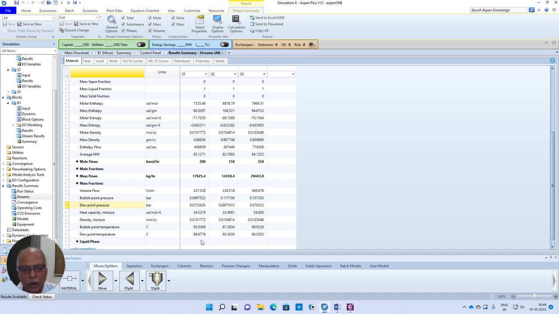So this is how you will be in a position to calculate the bubble P, dew P and things like that, for any given composition of the mixture, provided you know the composition and temperature and pressure. So with this, I would like to close down this